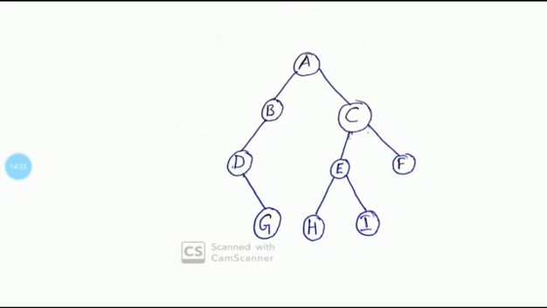In this way, we can construct the binary tree when in order and post order sequences are given. If you solve some more problems like this, you will definitely get confidence. So the main outcome of this particular session is this: we need to construct a binary tree when any combination of two sequences is given, like in order and pre-order, or in order and post-order. So try to solve some more problems like this and you will definitely get confidence. That's it.